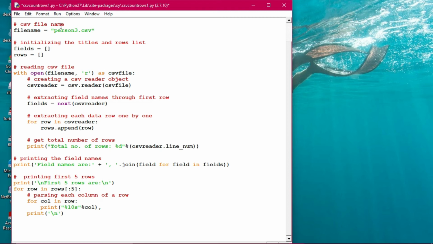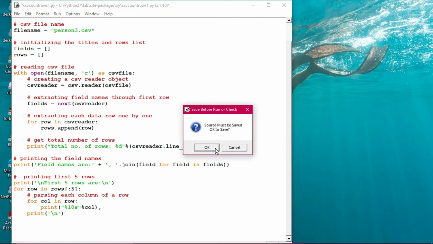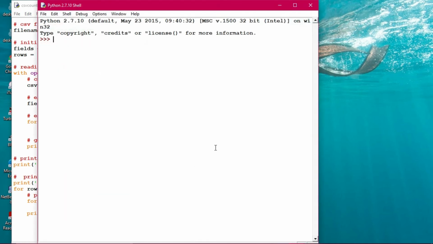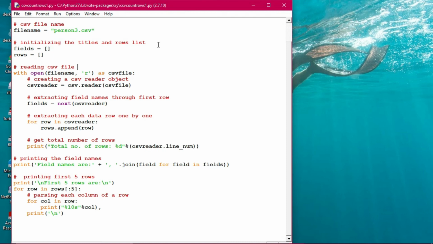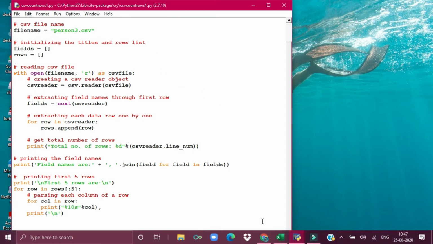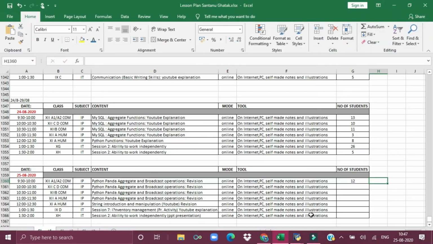Clear. So now I'm executing this program. Let's see whether person3 has been created or not, because you have already seen person and person2. It is giving an error with open file name: no such file or directory, person3.csv. Now I think it is opened.